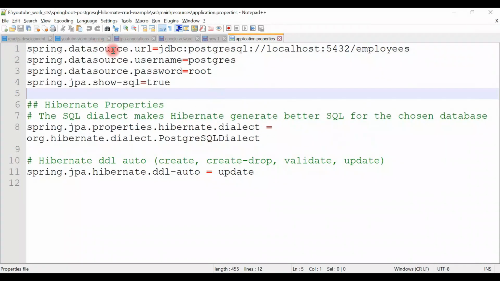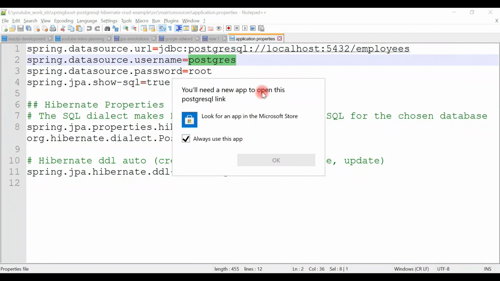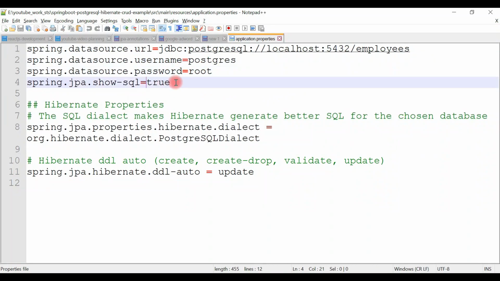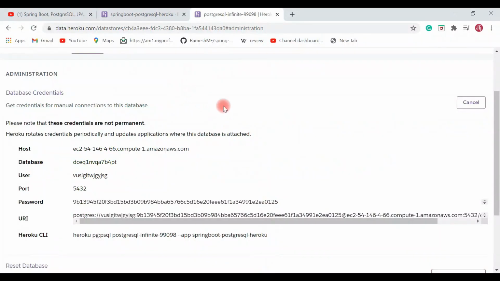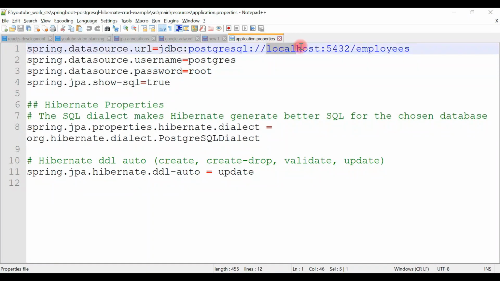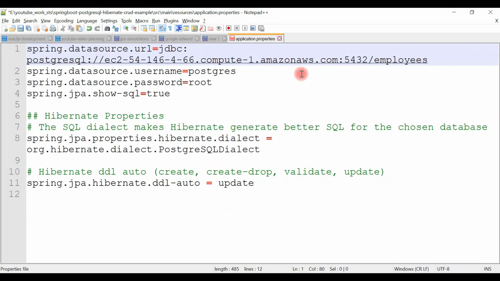Let me zoom it. Okay, so this is the localhost. Let's replace localhost with our cloud host name. Let me copy this host and go to the application.properties file, replace localhost here.